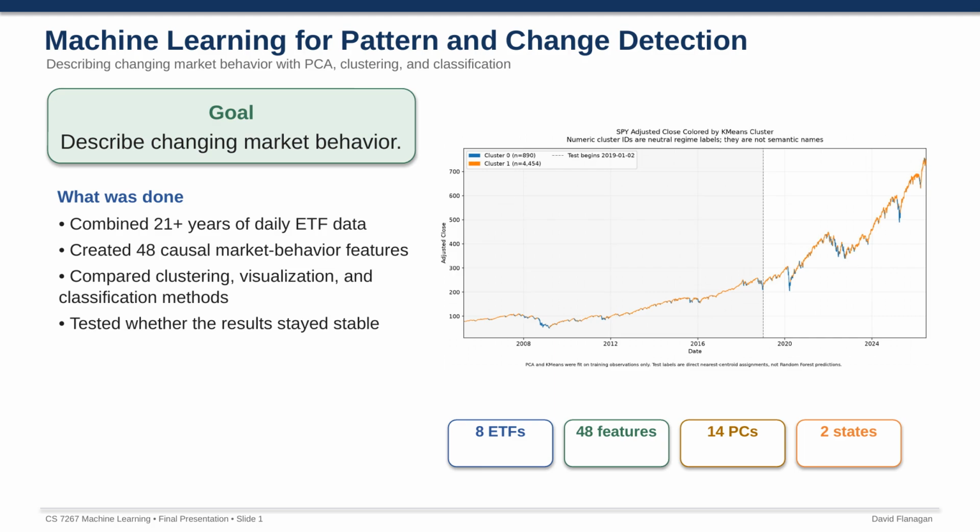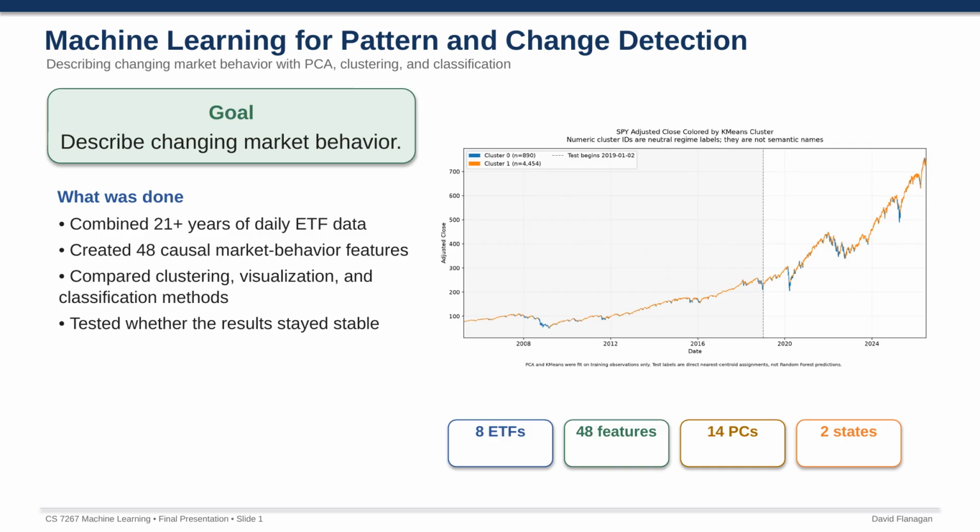I used daily data from 8 exchange-traded funds, or ETFs, to describe changing market behavior. An ETF is a basket that holds many stocks and trades like one stock. The project compared market days using price returns, volatility, trading volume, trend, and drawdown. Machine learning then grouped similar days, compared several methods, learned the main grouping rule, and tested whether the results stayed